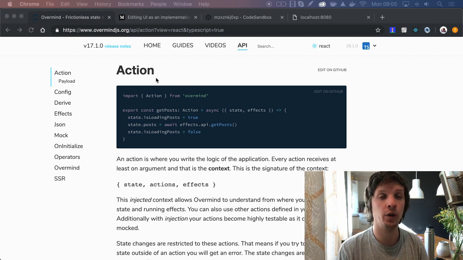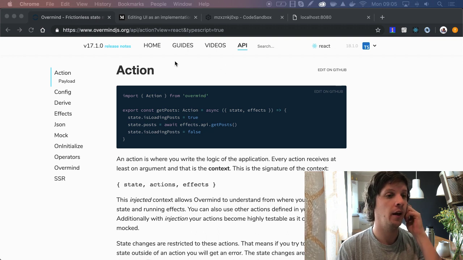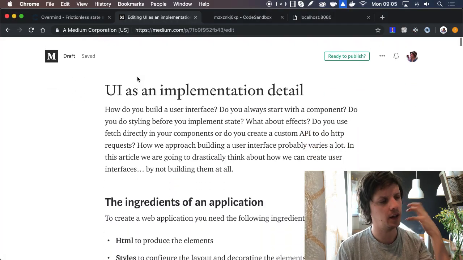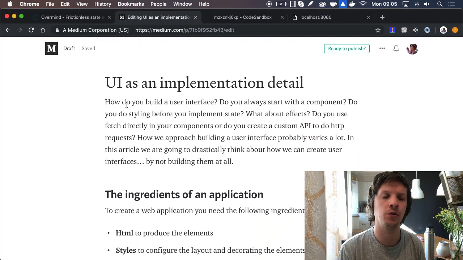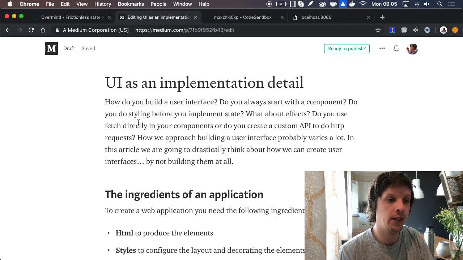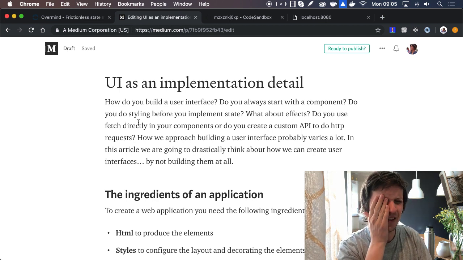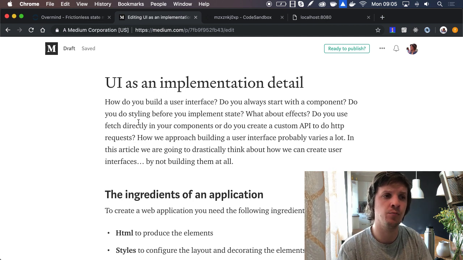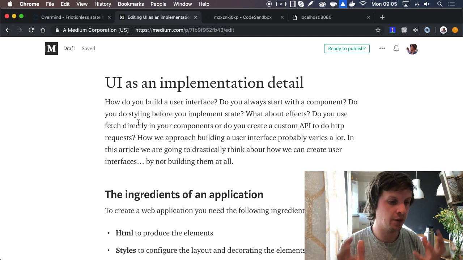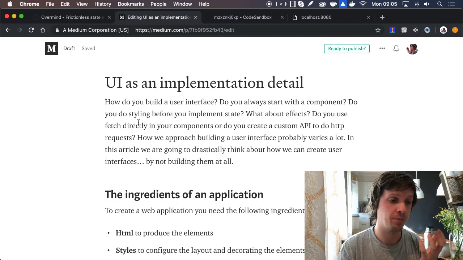Anyways, I'm having this presentation on the 13th of May, and I'm going to have a small rehearsal for it at work. I've been wondering what I am going to talk about, what I am going to say. I started writing this article related to the release of the next Overmind version, which I'm calling UI as an implementation detail. I think it's really interesting, especially for a talk, because it's not about the API of Overmind. It's more about playing around with the perspectives of developing apps.